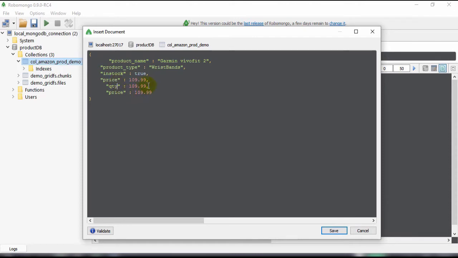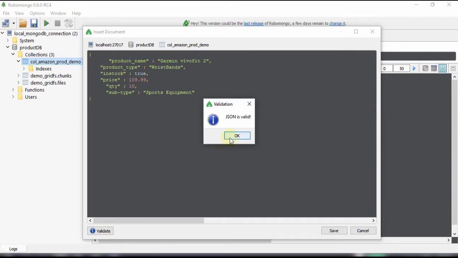Quantity is going to be 10 and a subtype is going to be sports equipment. On clicking validate, JSON is valid.